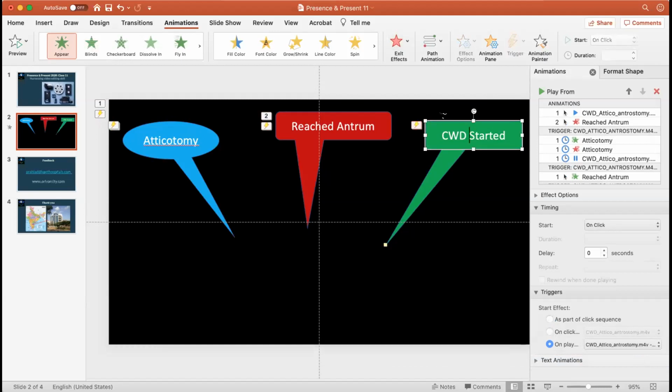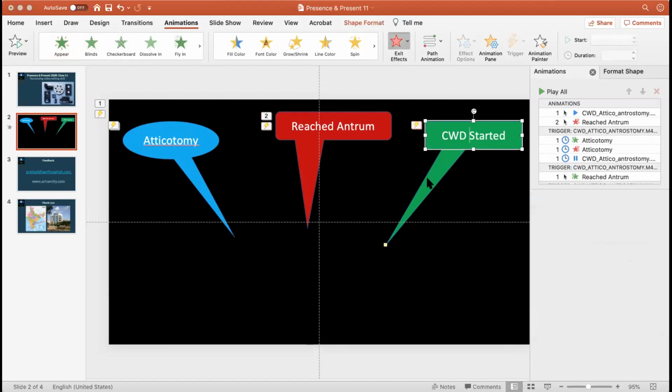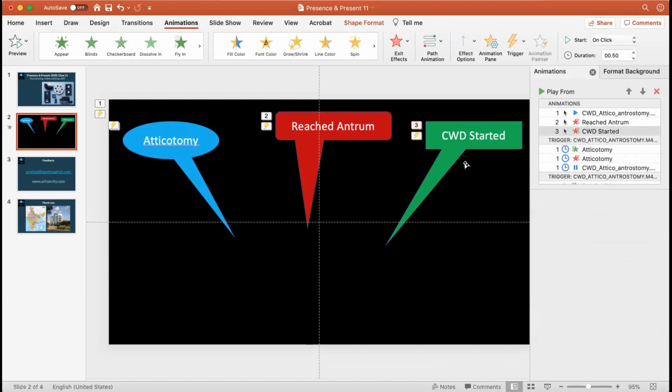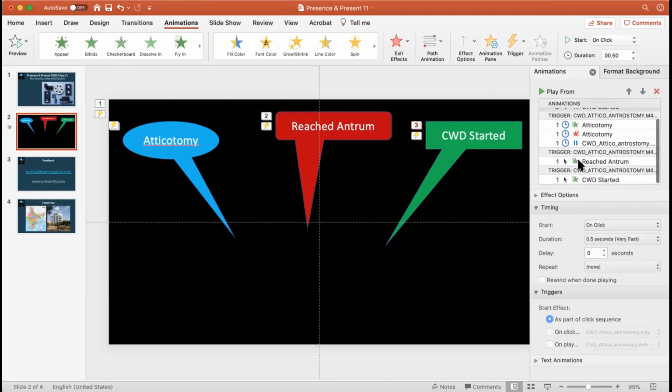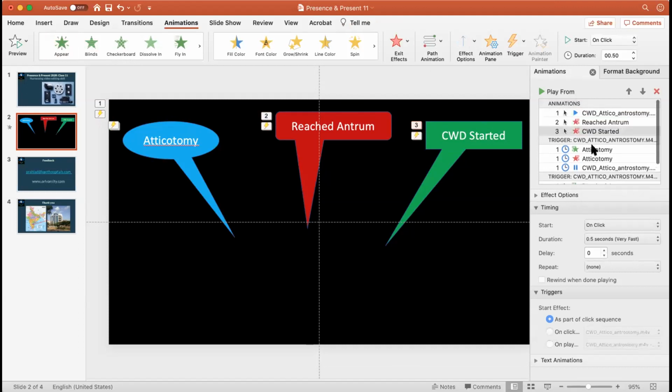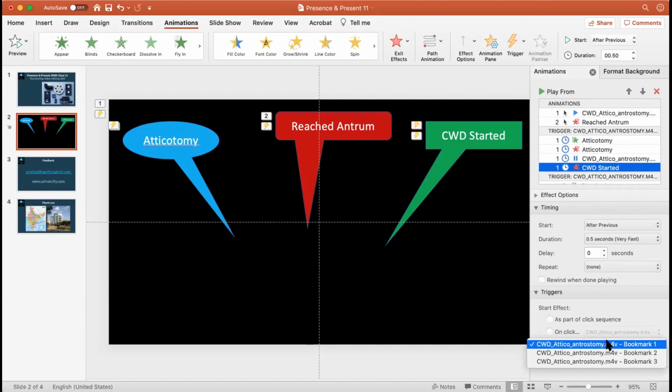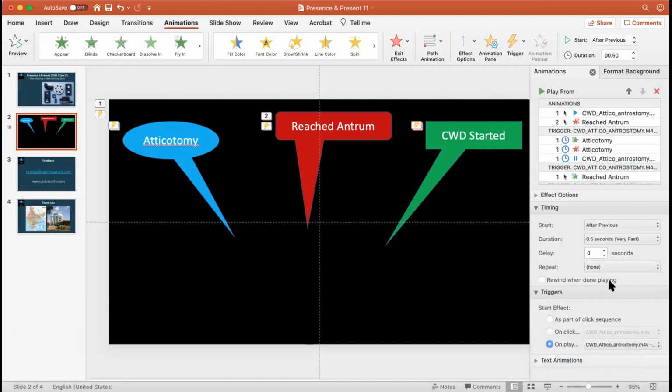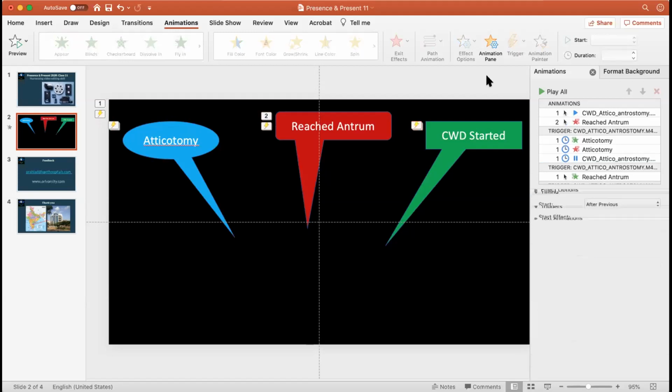I added swivel, so I will add wipeout for this, another effect. Canal wall down started, where is the exit? This is the exit. So this also should play when I reach the third bookmark, and it should delay for 2 seconds. So it should show up and disappear.